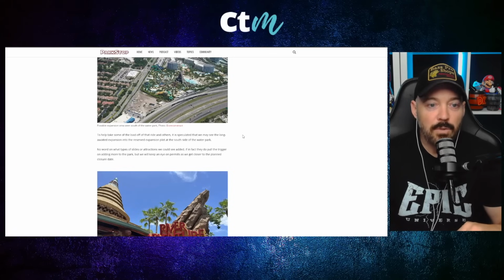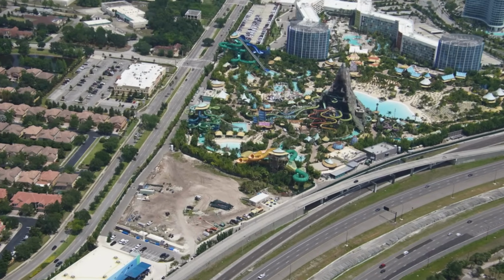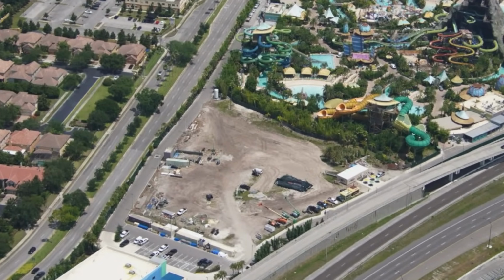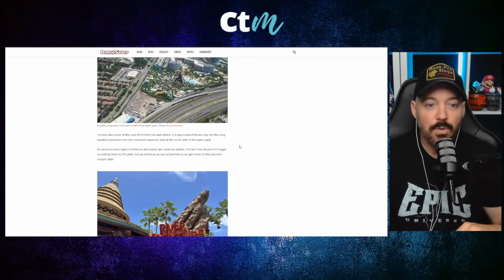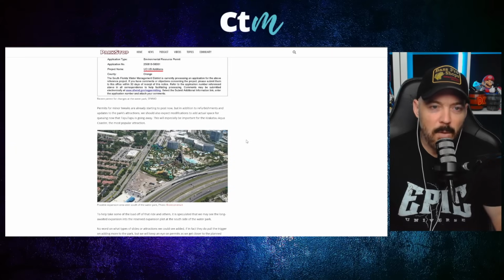long-awaited expansion into the reserved expansion plot at the south side of the water park. No word on what types of slides or attractions we could see added, if in fact they do pull the trigger on adding more to the park, but we will keep an eye on permits as we get closer to the planned closure date. I've said all along when it comes to Volcano Bay, I think that if you're talking